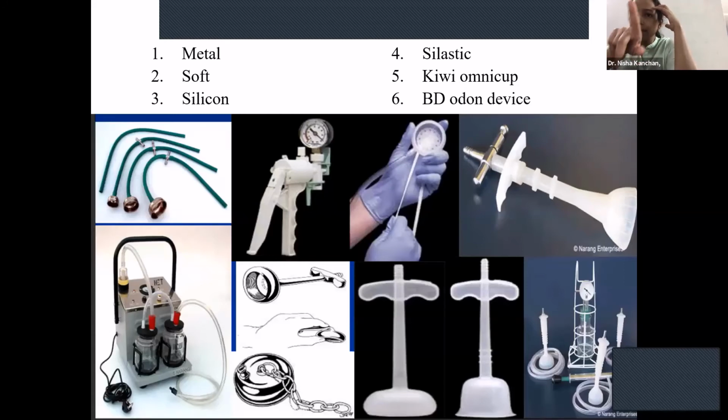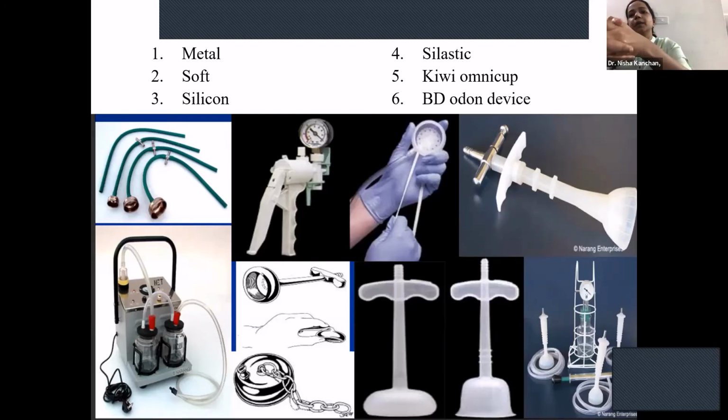Now, the rigid cups are made of metal or even rigid silicone. The advantage over this is that failure is very less. It doesn't pop off easily, and you are more likely to succeed. The Kiwi cup, which you can see, third picture next to the Narang Enterprises picture, is also a rigid cup. Now, the polyethylene cup which we're using is a soft cup. The problem is it pops off easily. It does not maintain the vacuum, so your chance of failing is more. But the advantage of using a soft cup is that you have less chance of fetal injury. It won't injure the scalp and the hemorrhages are much less.